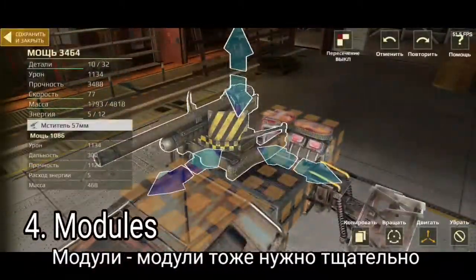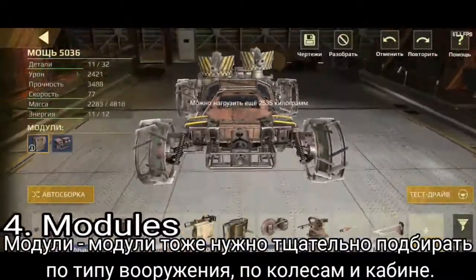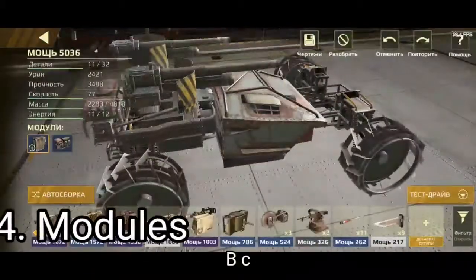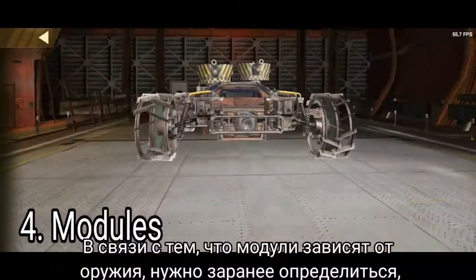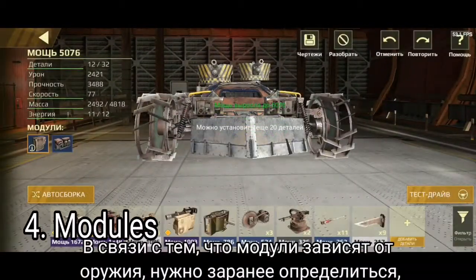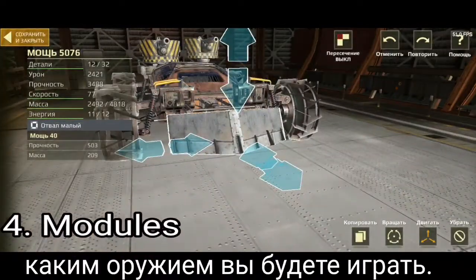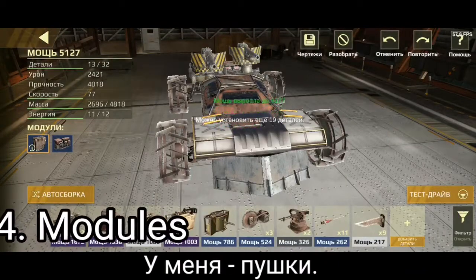Models. Models also need to be carefully selected for the type of weapon, wheels and cabin. Due to the fact that models depend on weapons, you need to decide in advance what kind of weapon you will play. I have guns on my skewer,